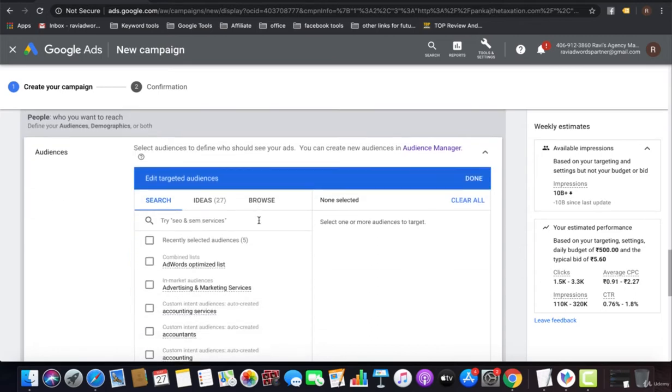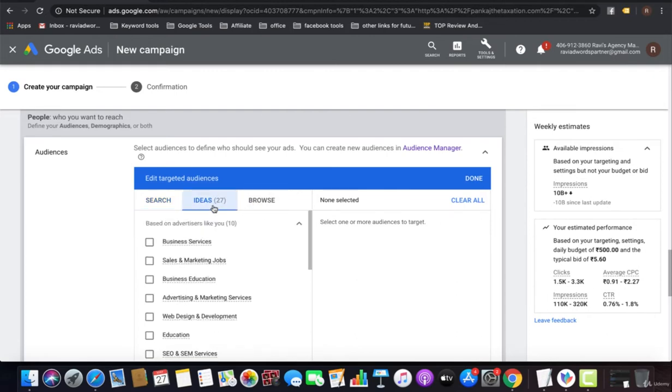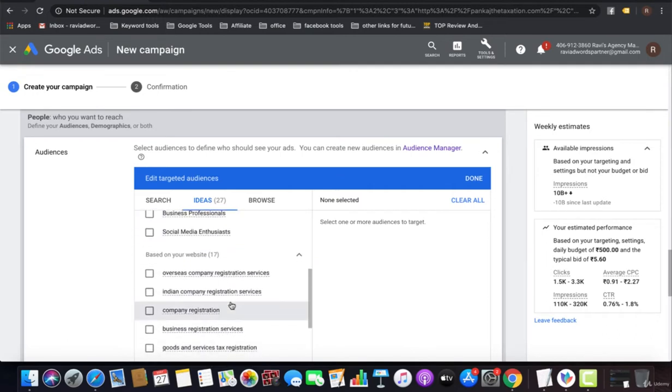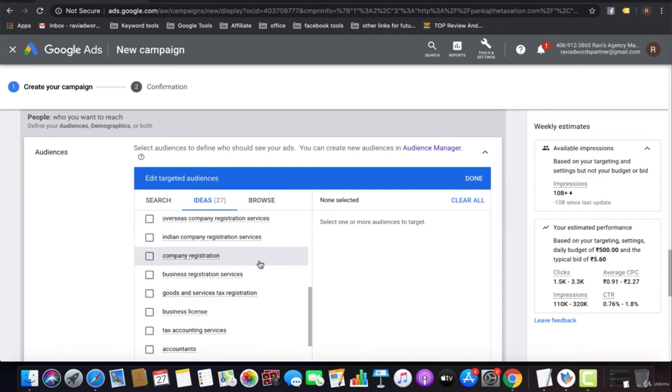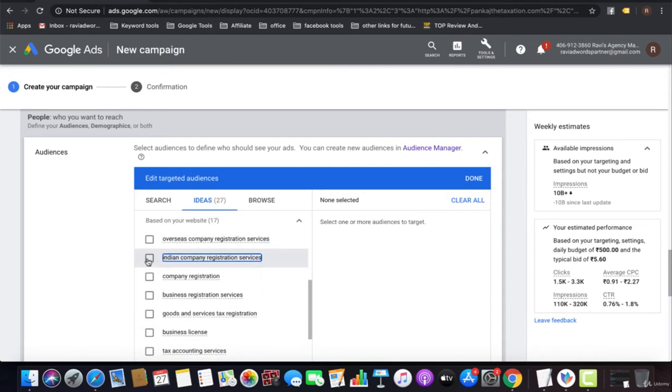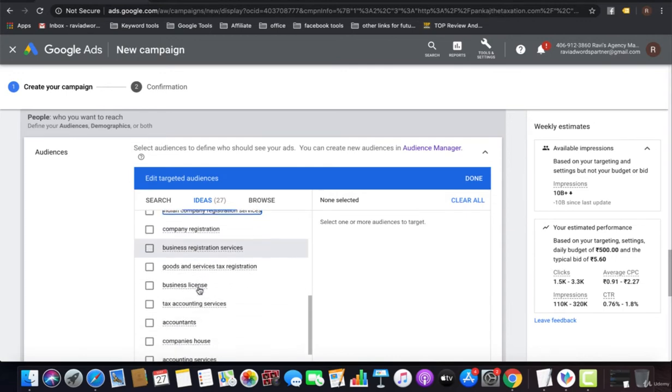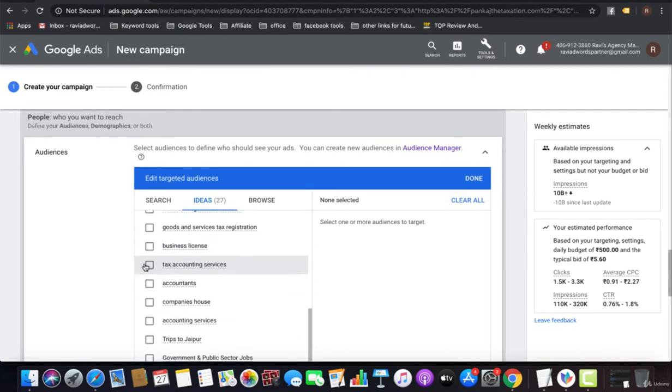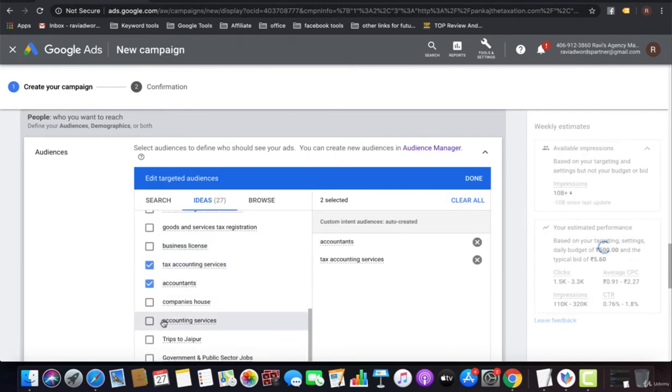So here in audience, you have 3 options. You can search the audience by yourself, or you can get ideas by idea categories, where your ads can be shown, in this category: business services, sales and marketing, and all the other categories of your website. These are the audience categories based on my website, like Indian company registration services, tax accounting services, tax accountants and accounting services.